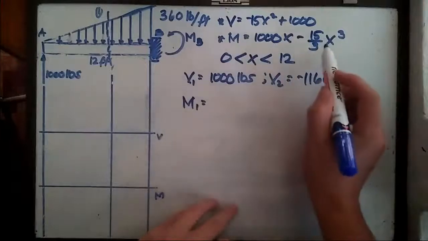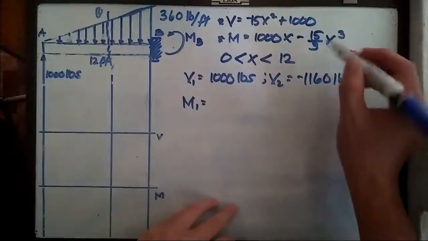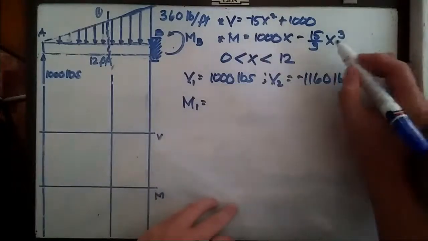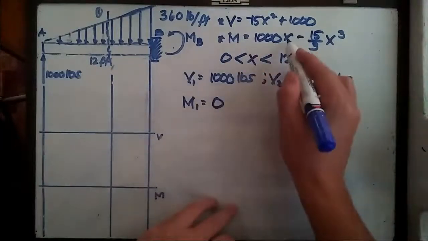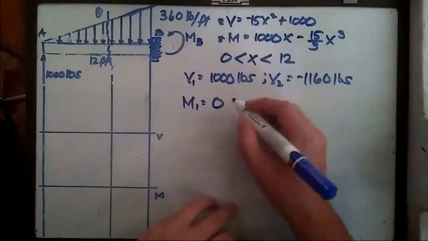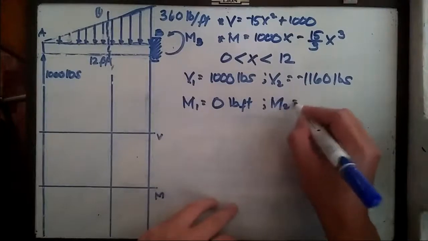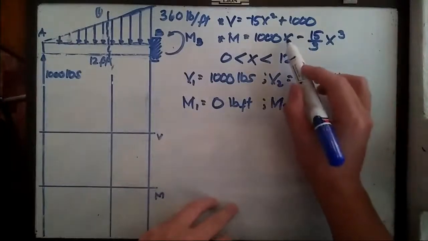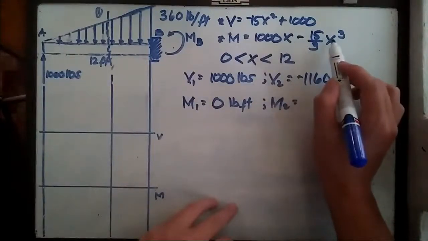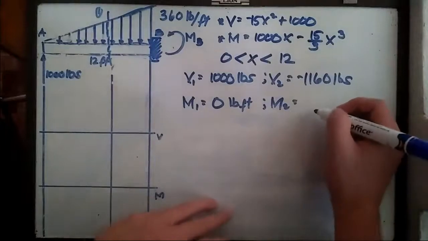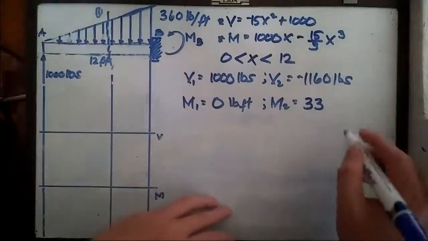Let's replace M by 0. That should be 15 over 3, which is simply 5x cubed. Replacing x by 12, this one is 0 of course, because we both have x's here, and any number multiplied by 0 is 0 pound-foot. Then M sub 2 is equal to, replacing this by 12, 12,000 and then 5 multiplied by 12 cubed, the answer is positive 3,360